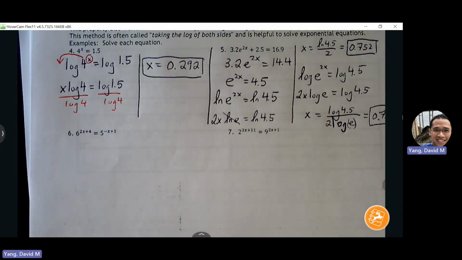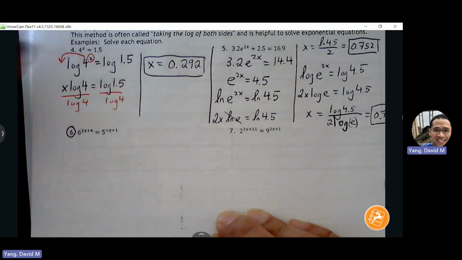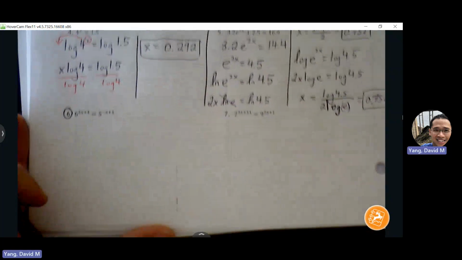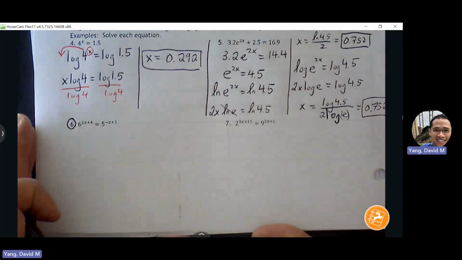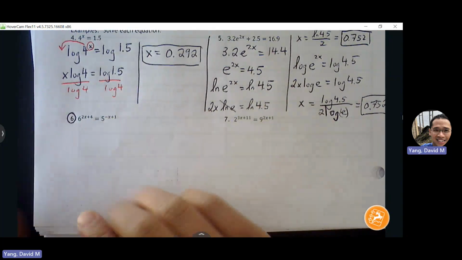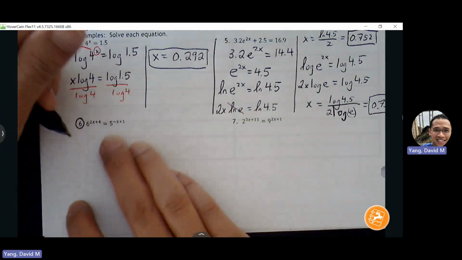Okay, we'll do one more, number 6. This one's a little messier, but let's go ahead and take the log of both sides. We do want the exponent to make its way down. Right now, it's hard to get the 6 and 5 to show the same base here. So